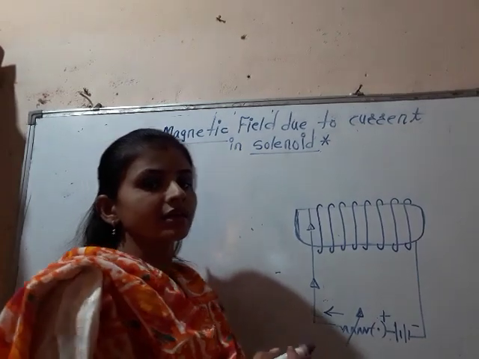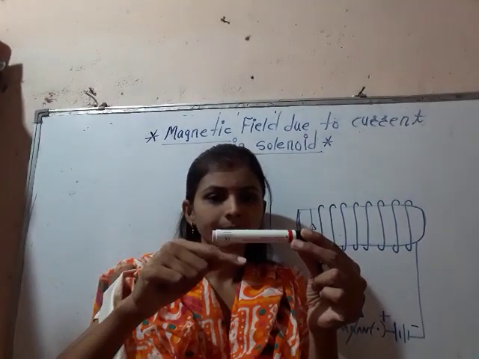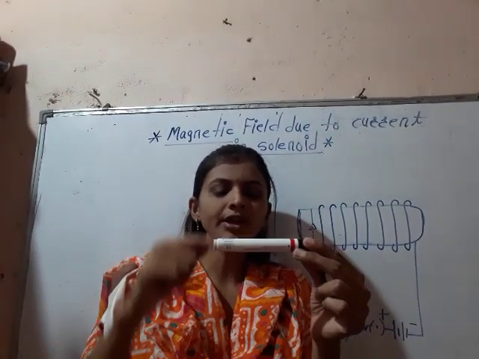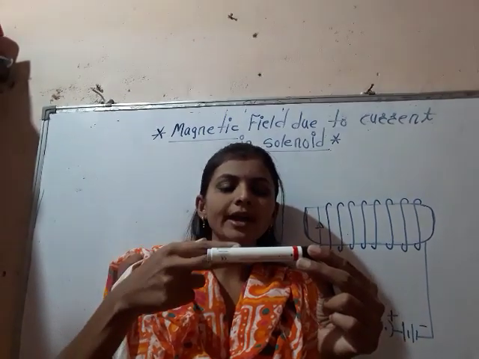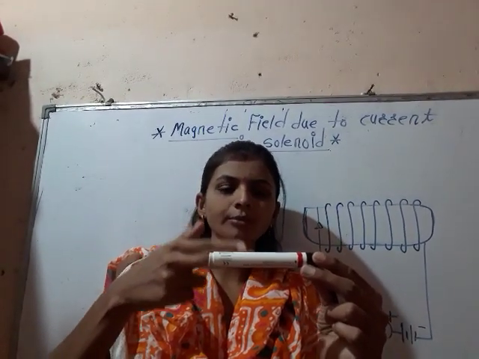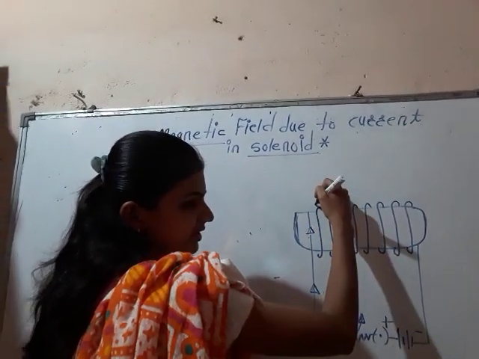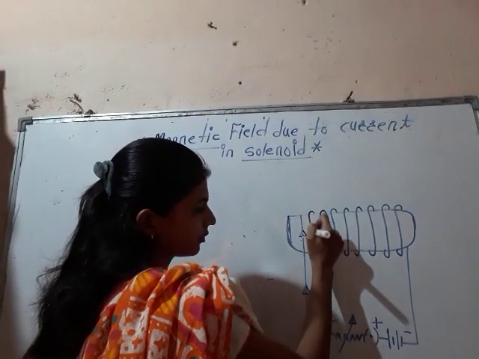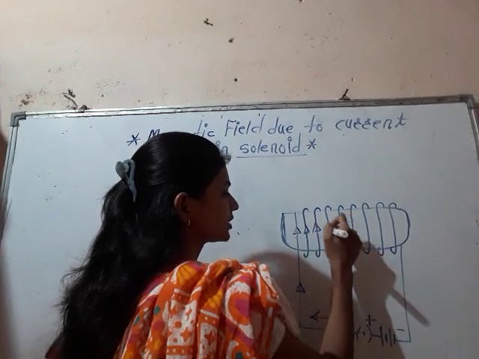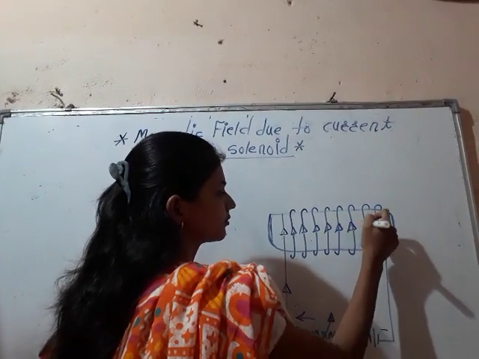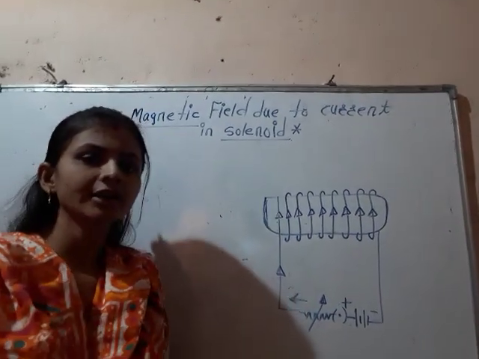You can see the cylindrical body, this type of body. So the first turn comes in front and the second from the backward side of the cylindrical body. Again the next turn will come from the front side and the next turn will come from the back side. So here the current is flowing upward on the front side, but on the back side it will be downward. Again it is upward. So here also the same. This is the direction of the current. Like that the current starts to flow.